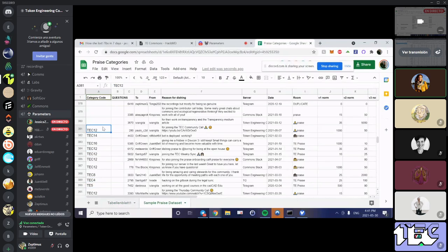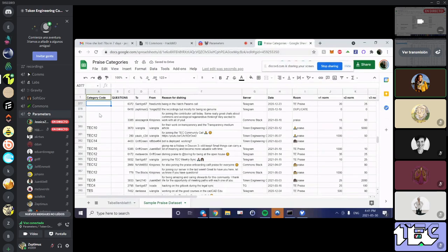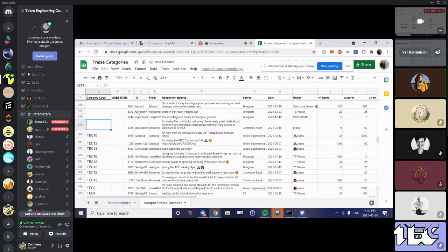And same with transparency, writing a blog about transparency. It could be comms, but to me, really, it's transparency. So I'm going to put transparency work. I guess anything furthering its own working group.